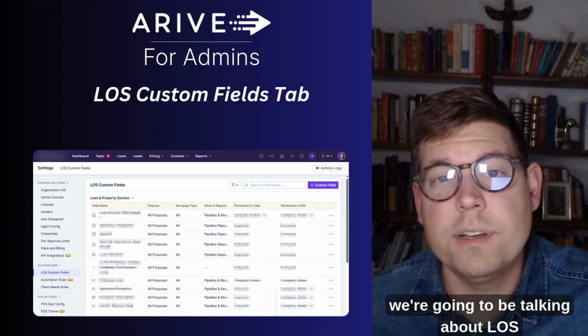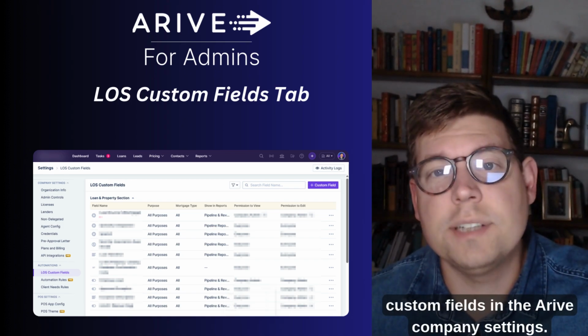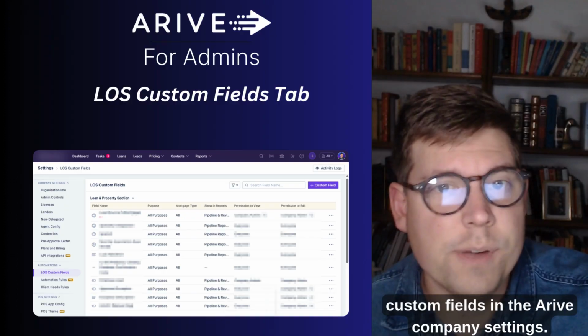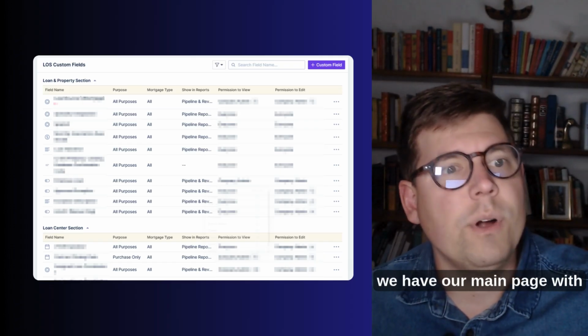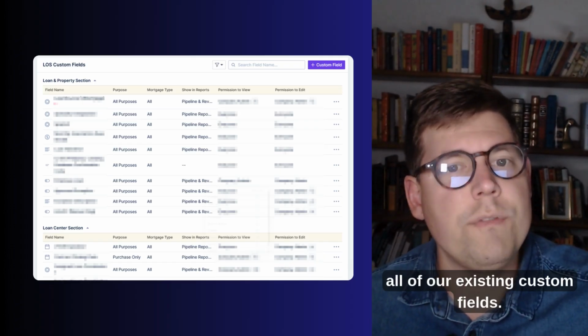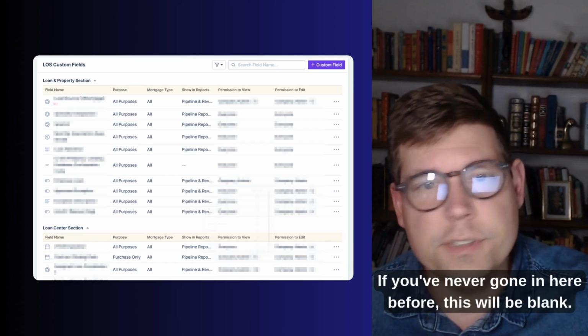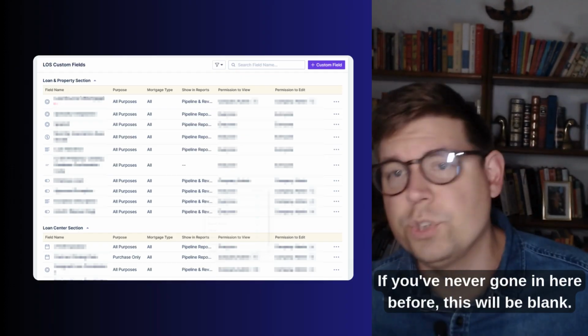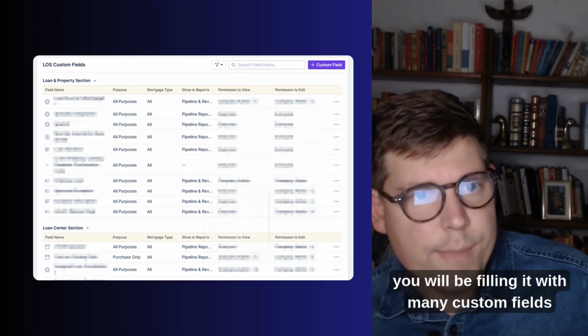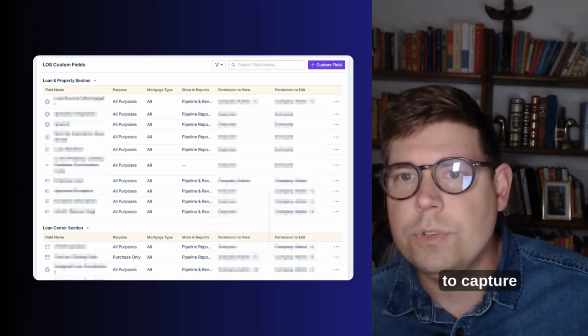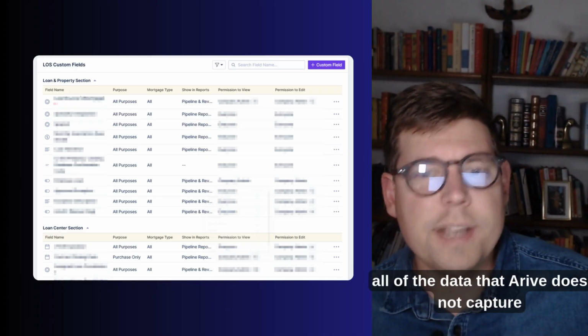Today, we're going to be talking about LOS custom fields in the Arive company settings. Let's get into it. Right up at the start, we have our main page with all of our existing custom fields. If you've never gone in here before, this will be blank. But soon you will be filling it with many custom fields to capture all of the data that Arive does